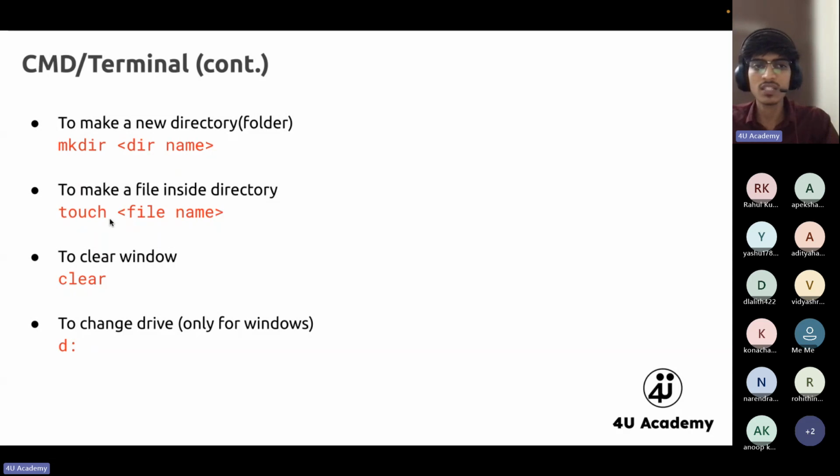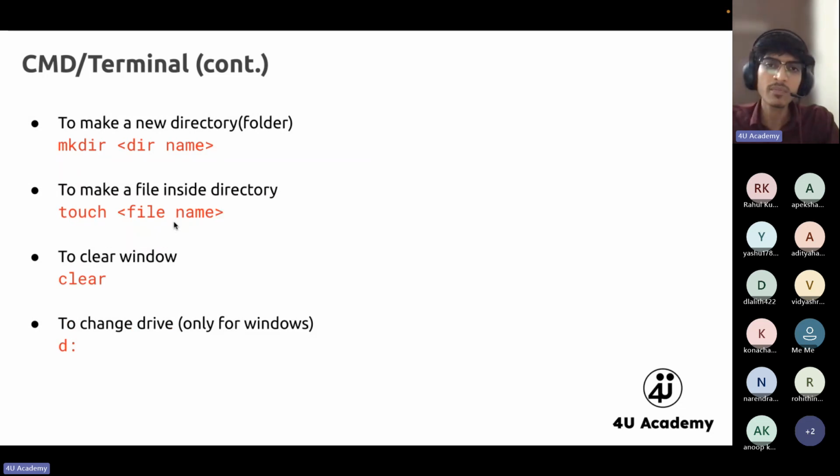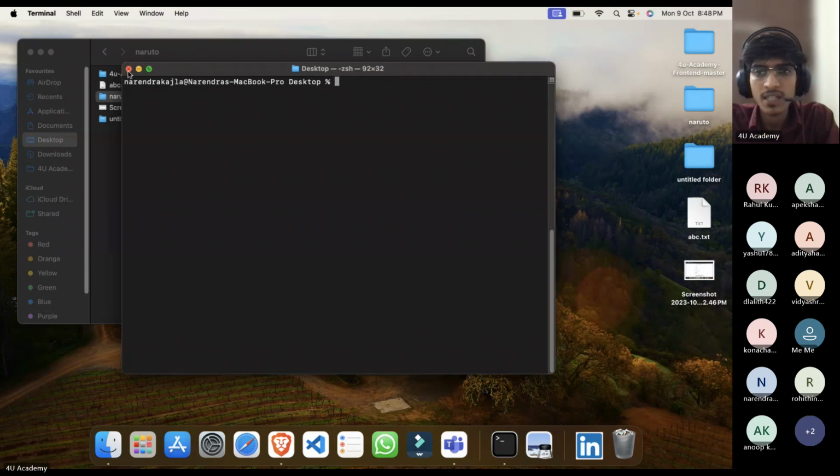So all these are the basic commands. These 7-8 commands are very basic, so you can use them to speed up your work. We'll be using them later. Now one more thing, I can do many things with CMD. It is not that I can only create a folder or create a file. I can even rename it, edit it, update it, delete it, modify it. All these things I can do using the terminal also. But these are easy tasks. Mainly we use it for some advanced tasks.